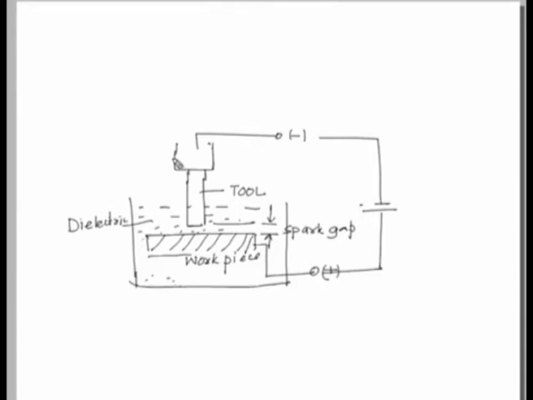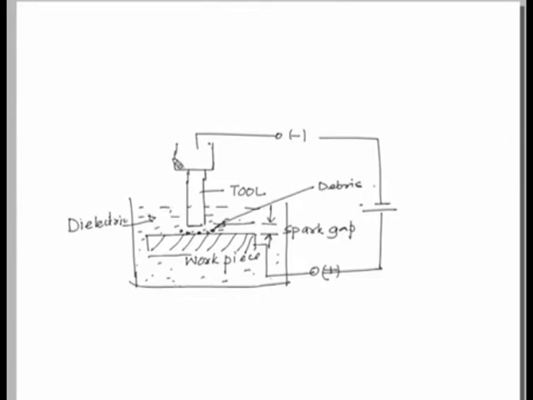This will be continuously kept flowing by some pump arrangement, and this dielectric fluid will be taking away the debris produced in this zone while the actual machining takes place. These are nothing but the debris, and these debris will be flushed away by this flowing dielectric